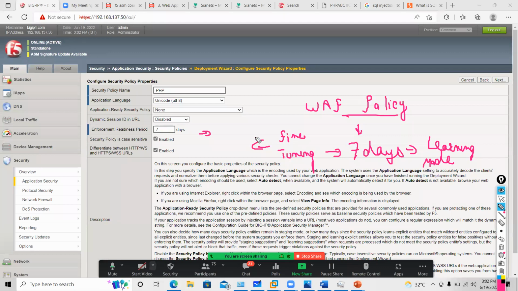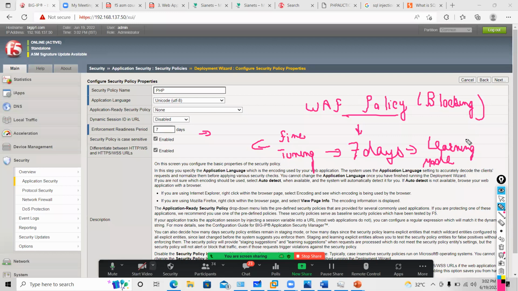Because initially, if you create a policy and move it into blocking mode, all your legal traffic will also get blocked. You don't want that. You will get an outage. F5 will block some legal traffic because you have not done fine tuning.